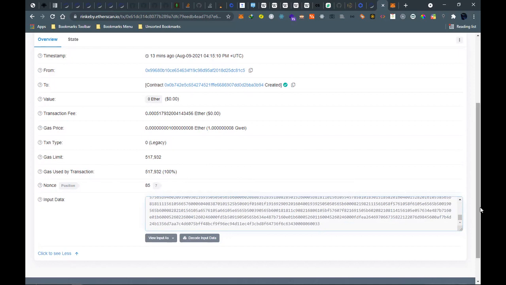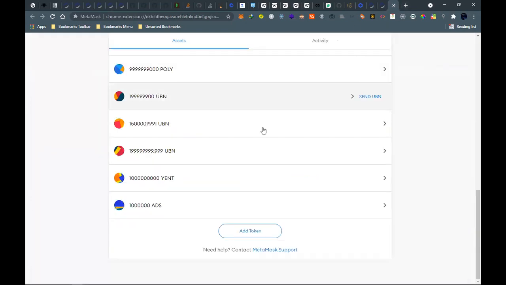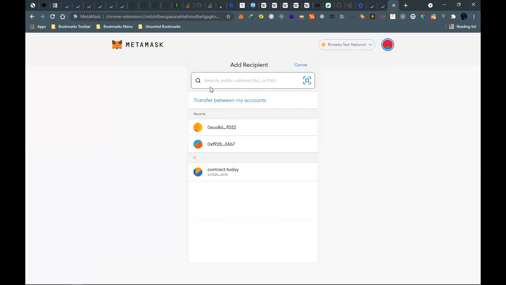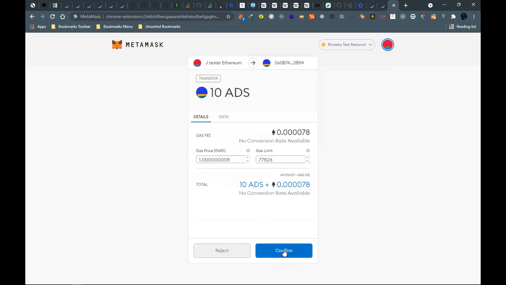So I'll do a transfer of this ERC20 token that we have created, and I'll send it to the contract address and see how they interact. So send ADS. I'll add the wallet there, and I will send like 10 ADS to the contract. Then there, so confirm.